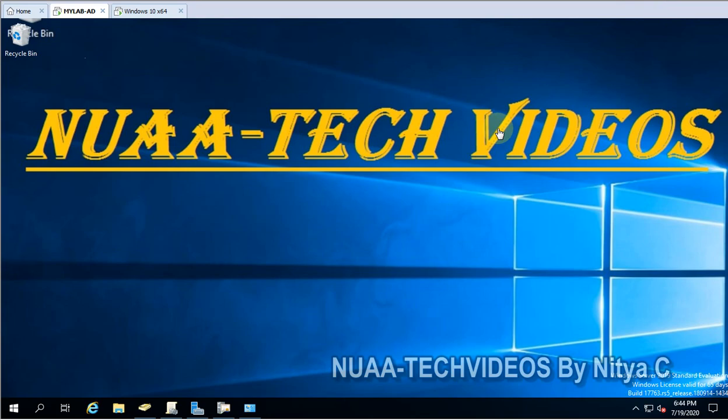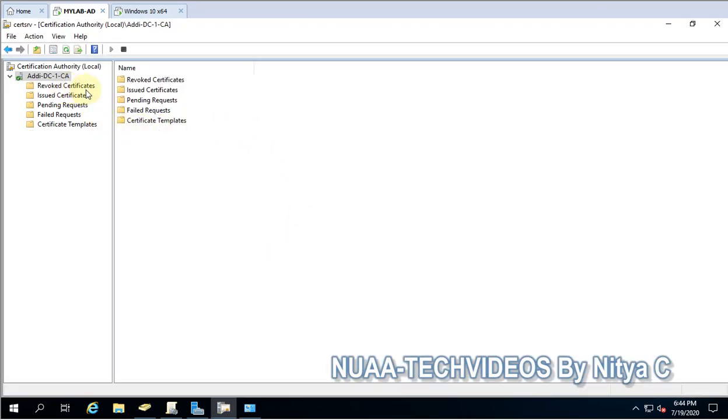Before that, as a prerequisite, you should have the certificate authority ready to issue the certificate for RDP, and there we will use certificate templates, and using those templates we will issue the SSL certificate to the RDP servers. This is the domain controller, and on the same server I have installed the CA role, and as you can see, this is the CA, the certificate authority. If you don't know how to configure the certificate authority, you can take help from my previous videos.